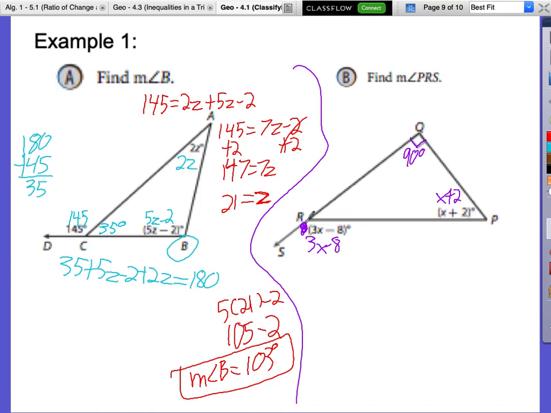Kennedy. 3x minus 8 plus... Okay? This is an exterior angle. What do we know about the exterior angles and the two remote interior angles? They equal each other. So if this is equal to the sum of these,